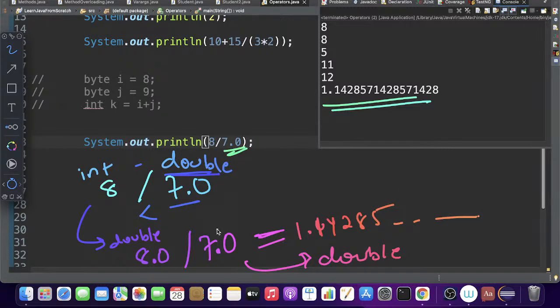So we have discussed the mixed type as well. We have discussed the same type, the smaller than int type, the greater than int type, and this was the mixed type, correct? Yes. All right. Okay. So now,